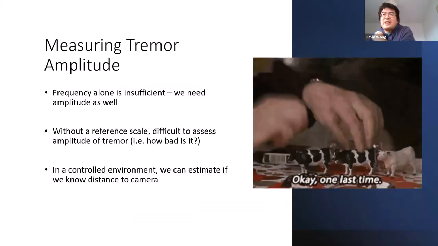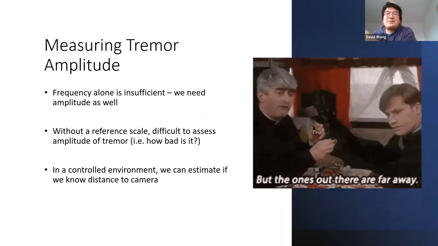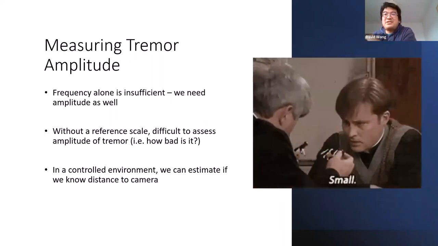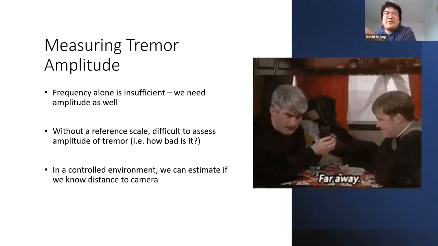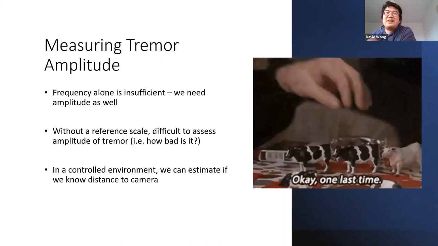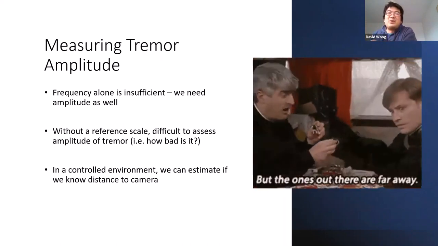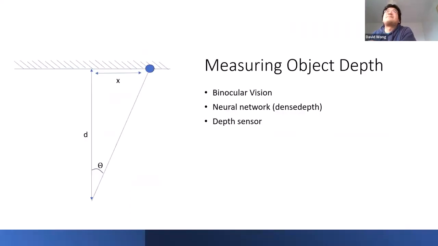Of course, tremor alone is insufficient for clinical use. We need measurements of both frequency and amplitude. However, estimating anything of size from a video is a classic challenge in computer vision, which is elegantly summed up by Father Ted. What is small and what's far away? And we're just starting some work on this, and so I'll wrap up in the next few minutes